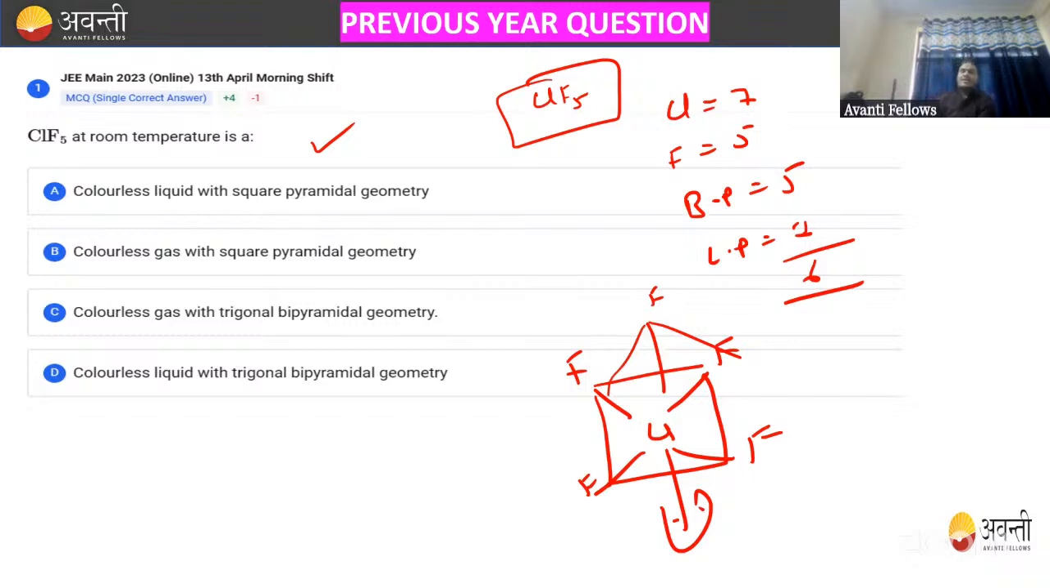स्क्वायर पिरामिडल। So they are the square pyramidal geometry. कौन नहीं है? ये नहीं है, ये नहीं है। अब दो ऑप्शन था कि it is a colorless liquid या colorless gas, ये बताओ। तो ऑब्वियसली ClF5 is actually colorless liquid at room temperature। तो ये कलरलेस लिक्विड होता है, नॉट गैस। तो ऑप्शन A इज करेक्ट।